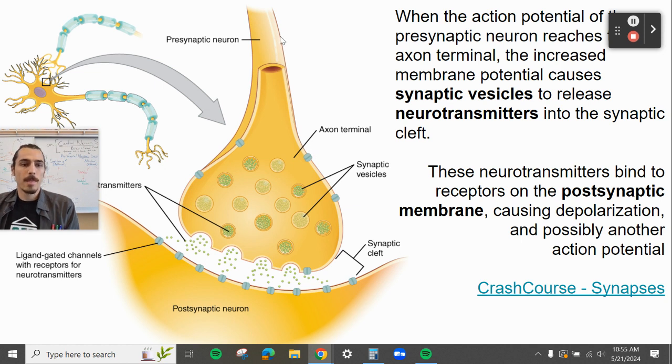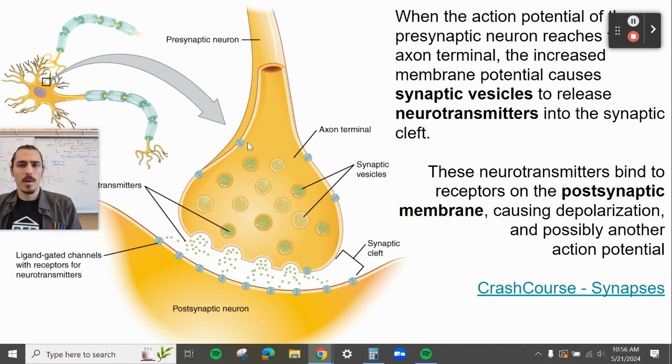Okay, so this is how, when that action potential reaches the end of the neuron, it arrives in the axon terminal. That positive charge, once it arrives, triggers the release of neurotransmitters. We have these synaptic vesicles that are full of neurotransmitters, and they fuse with this membrane, releasing them as they go. Those neurotransmitters then bind with ligand-gated channels, so not voltage-gated channels, ligand-gated channels. We could also say neurotransmitter-gated channels. As soon as that neurotransmitter touches this channel, it'll open, allowing ions to flood in, which will slightly depolarize